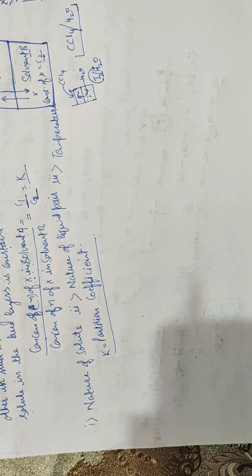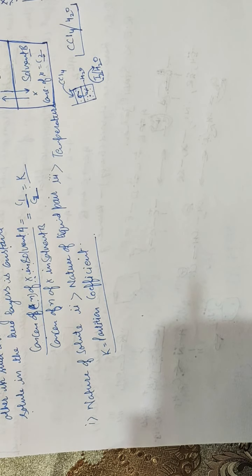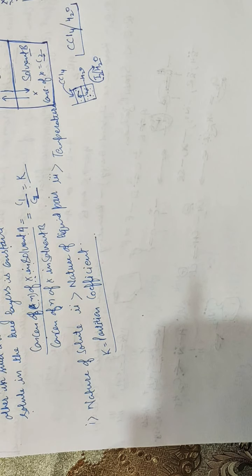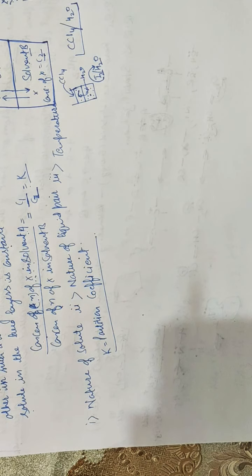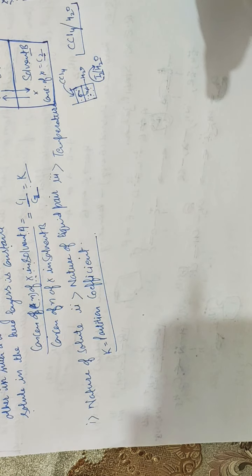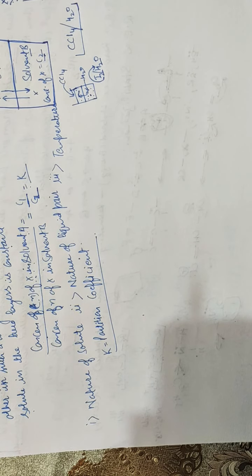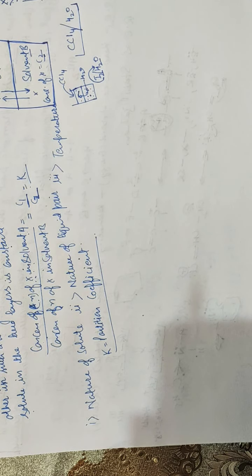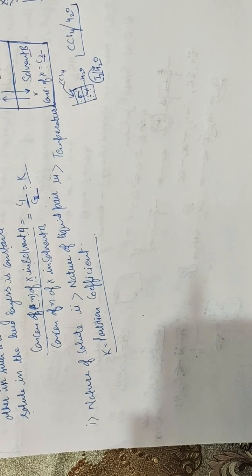First of all, the nature of the solute. For a particular liquid pair, different solutes have different solubility, hence the value of the partition coefficient will be different for different solutes at a given temperature. You can see in various books there are various examples of how the partition coefficient for different solutes varies with the same solvent pair. Next is the nature of the liquid pair. A given solute has a different partition coefficient in different liquid pairs, so it also varies with the liquid pair.